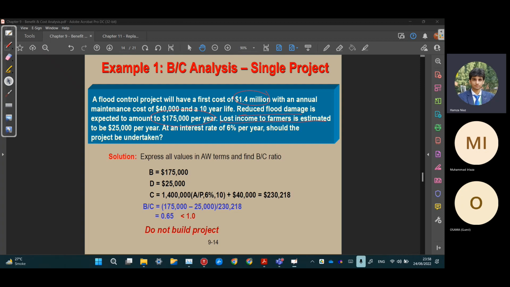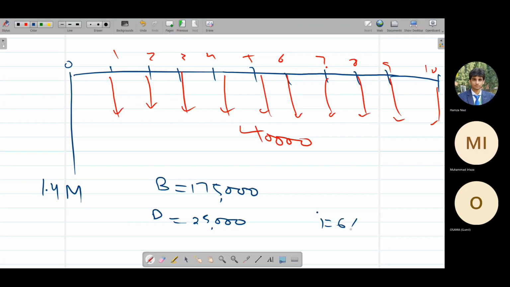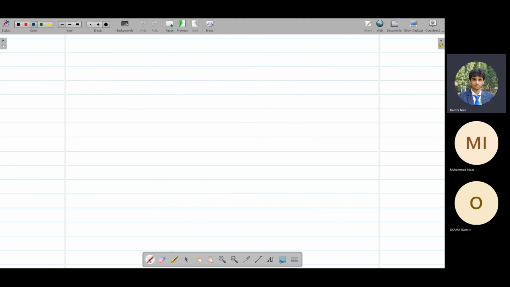But the disbenefit is 25,000. Interest rate 6%. Should we take the project? So i is equal to 6%. So how should we proceed? For example, if we are going for the conventional